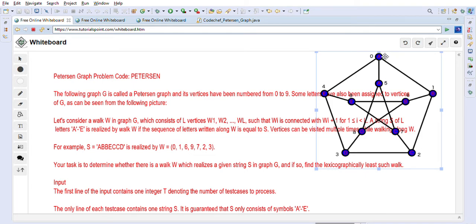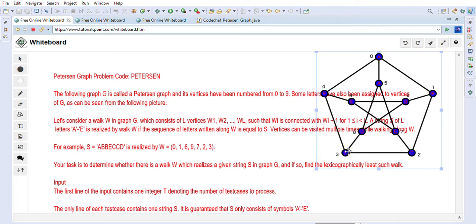As you can see, we can start from 0. So 0 is A. Then 0 to 1 is this, so A, B. Then again B, which is this one. Then we have to go to E, which is here. After that C, D. So from E we have to go to C, this is the C. From C we can go to C again, and D is this one.